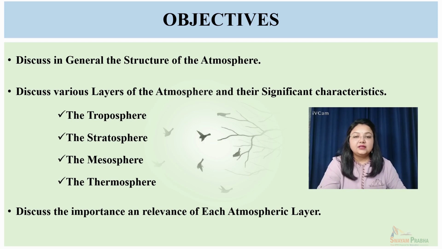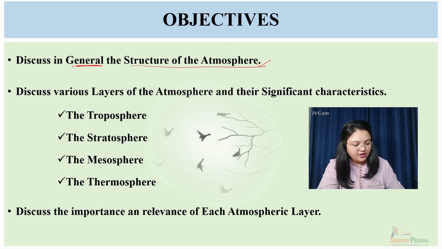Starting with the objectives. The main objectives which we will be covering in this particular video is to talk about the structure of atmosphere in general, discuss the various layers of atmosphere and their significant characteristics like the troposphere, the stratosphere, along with ozonosphere, mesosphere, thermosphere, along with ionosphere and exosphere layers. And finally, we will be discussing the importance and relevance of each atmospheric layer one by one. So all these things which we are going to discuss here will fall under the part of structure and layers